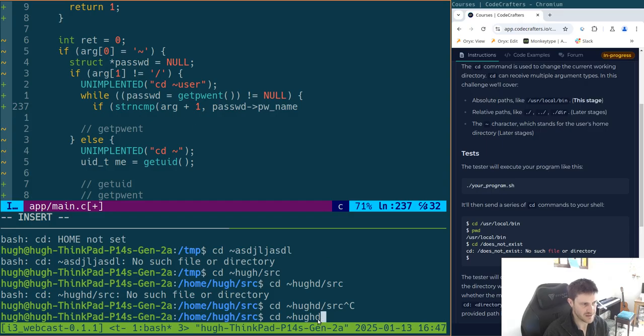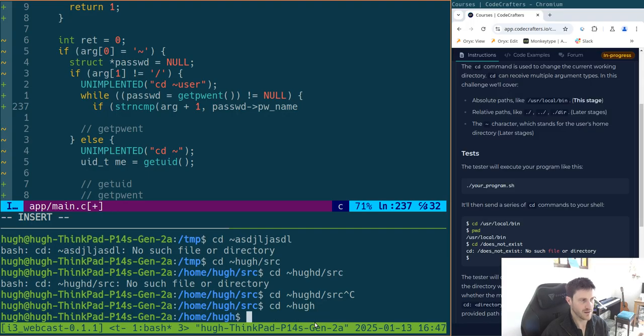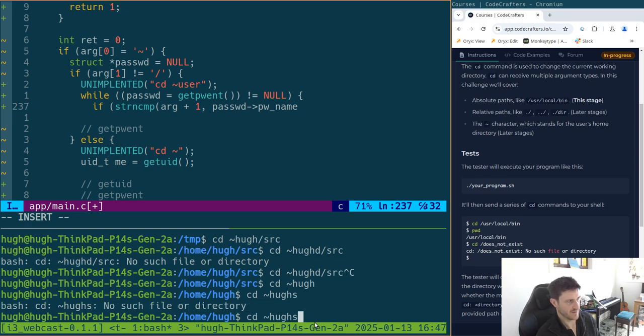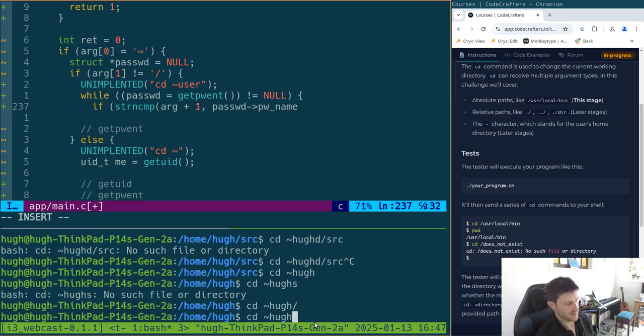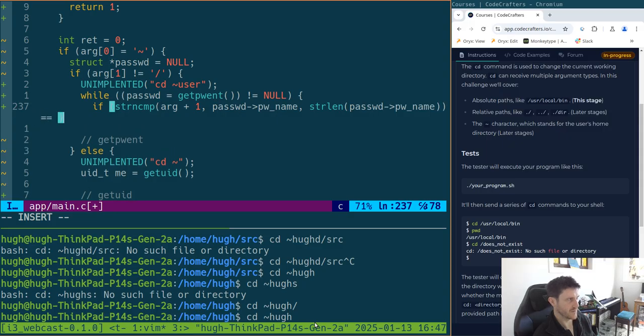But the next character is kind of important because I either want that to be a slash or nothing. But if I have anything else, it just makes no sense. So I will do strncmp, and the n is going to be the strlen of passwd pw_name. Do something like that, and if that whole thing equals 0,